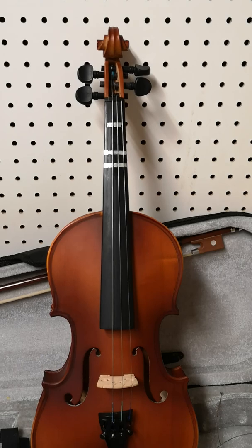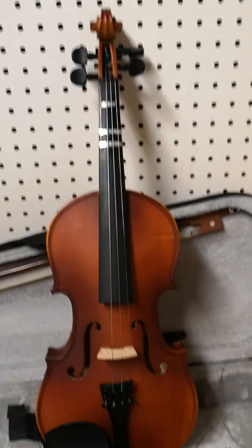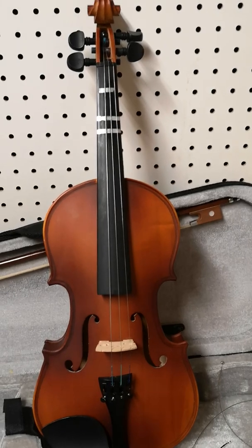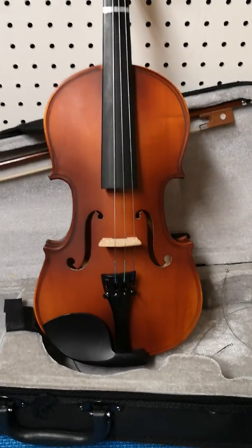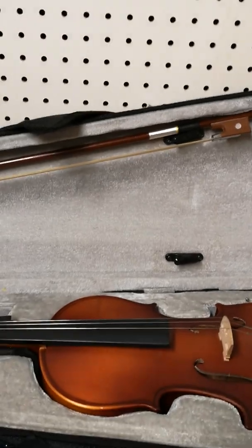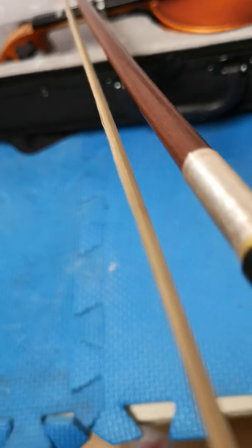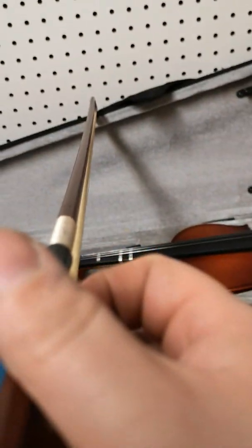So anyway, just a quick little video to give you some of the common problems with these cheaper instruments. The instrument itself is fine. It even sounds reasonable for the kind of money you pay for something like this. The instrument sounds decent. The bows with these kits are often horrible. And so I would all the time recommend, you can just see that bow in there. Albeit I don't think she's got it loosened off, but the bows are oftentimes terrible. We're gonna try and loosen this off here a little bit and see if it, oh yeah. So, but it's got a bit of a wow in it. Not bad. This one is actually reasonable enough, but if you leave it tensioned up like that, it is gonna